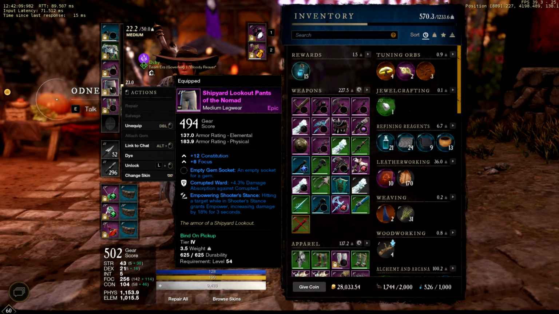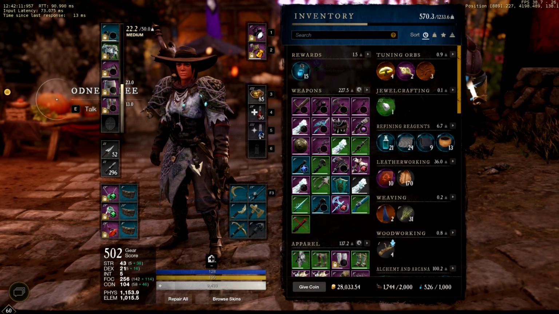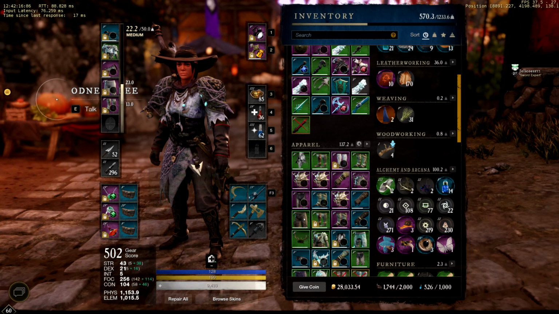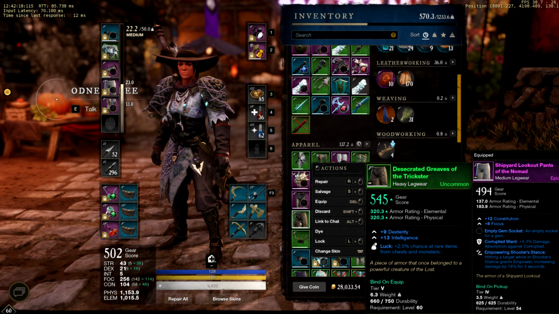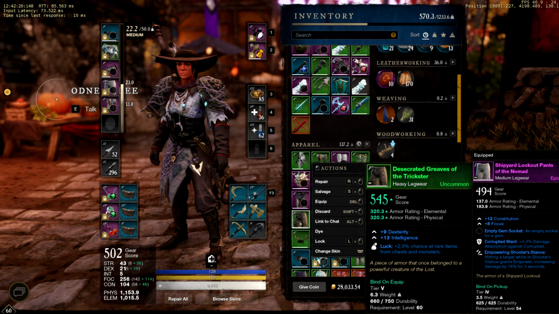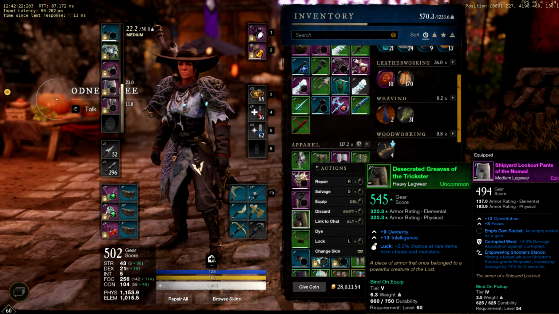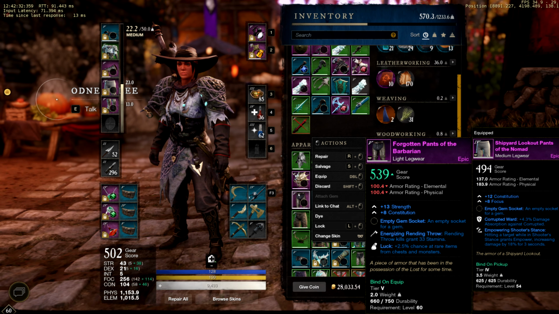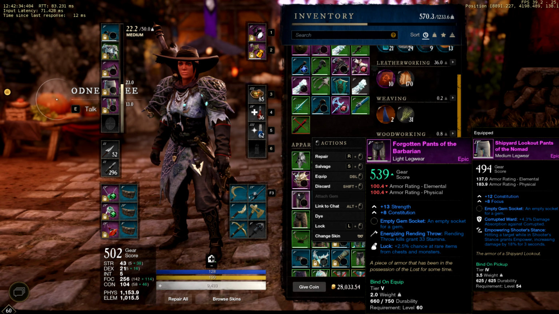533, 533. This one's my lowest, but I do know that my pants can get up there a little bit. I just don't know if I have any. Yeah, there we go. I'm 545, but it doesn't fit what I'm looking for. It has dexterity, intelligence, where I'm looking for strength, constitution, or focus. And I haven't found any pants since my gear score grind has really started that really fit what I'm looking for. This one is close, which I might actually change to,